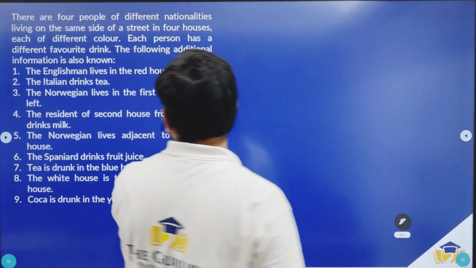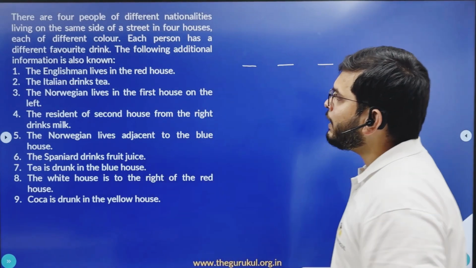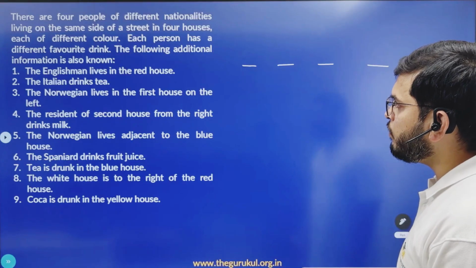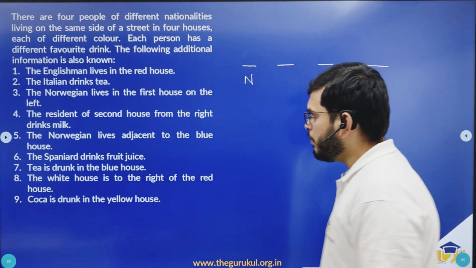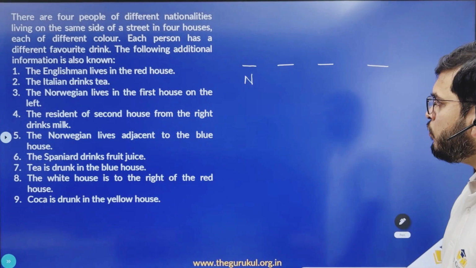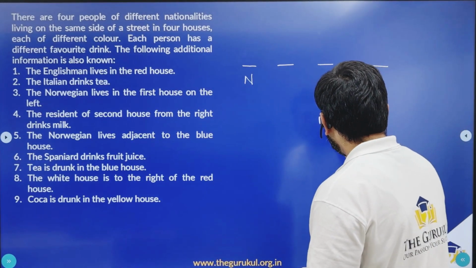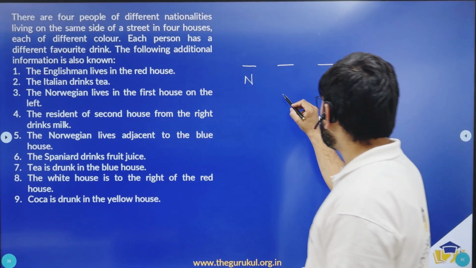So here we have four houses, 1, 2, 3, and 4. The Englishman lives in the red house. The Italian drinks tea. The Norwegian lives in the first house on the left. So you have the Norwegian living here. The resident of the second house from the right drinks milk. So from the right, this person drinks milk. The Norwegian lives adjacent to the blue house. So this should be